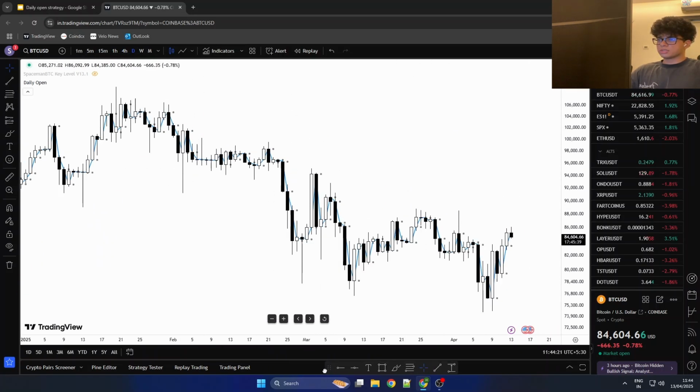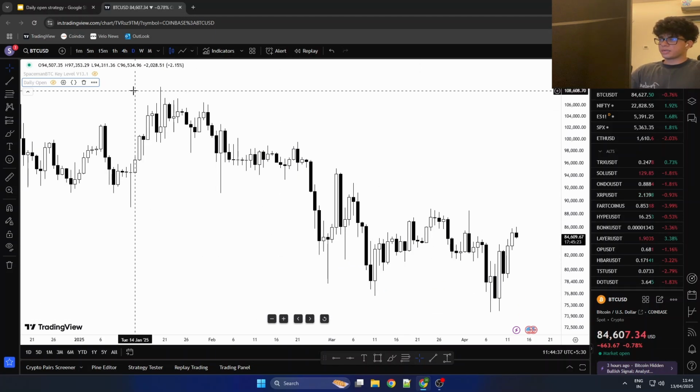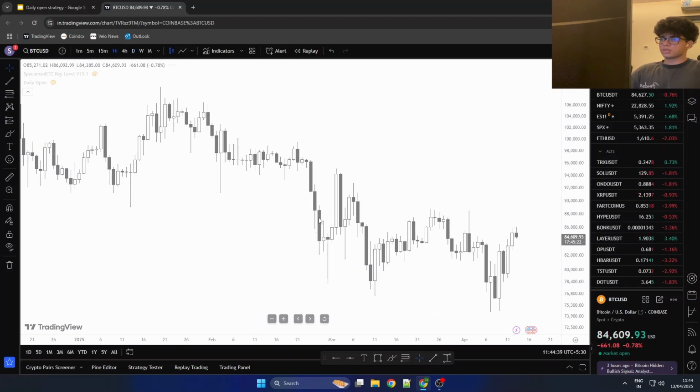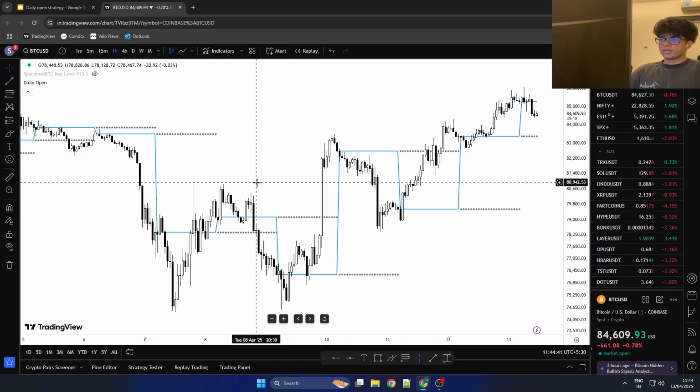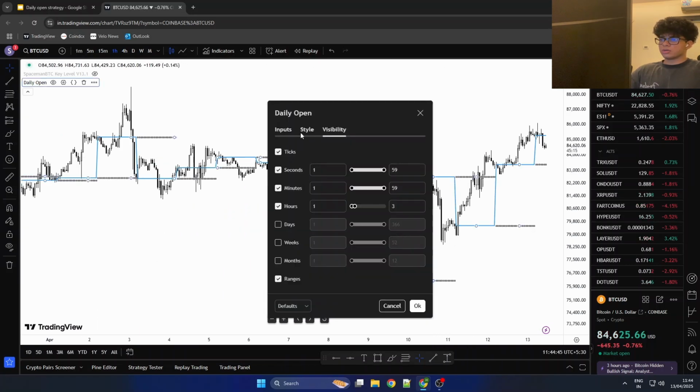Now this is very messy, so what you want to do is double click this. Go to visibility, turn off months, weeks, days, and for hours turn it to 1 to 3 hours only, right? Okay, and then go to 1 hourly. Then it's still kind of messy and I don't like it, so you can go here, go to style,